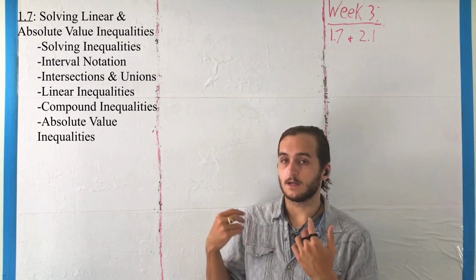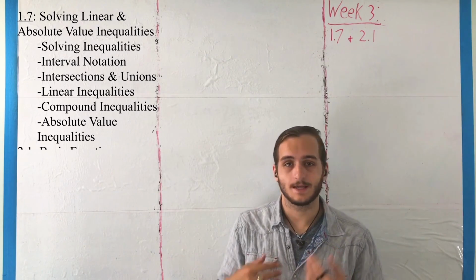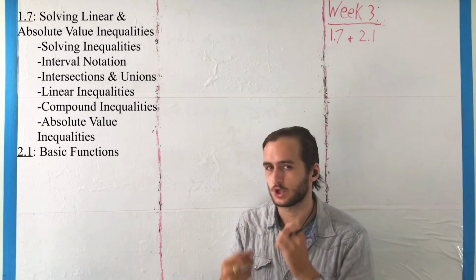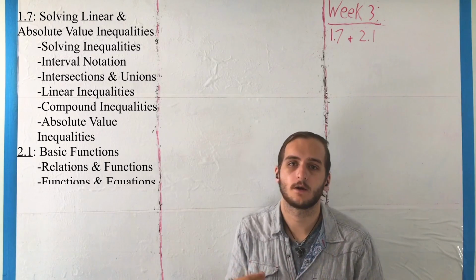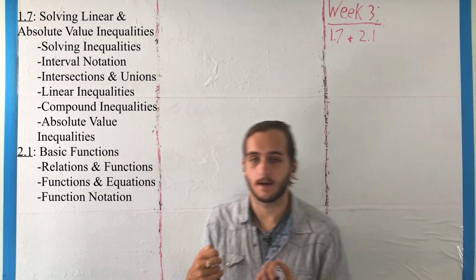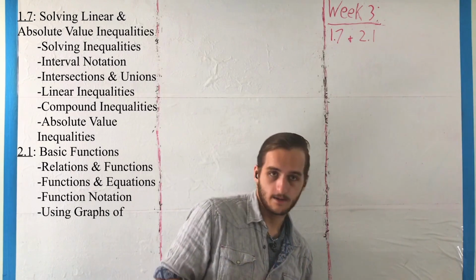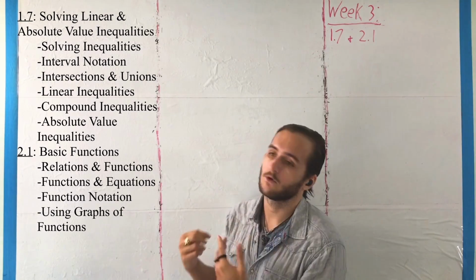And then moving on into chapter 2, we're going to be introducing the idea of a function. We're going to start out with some basic definitions for what functions and relations are, and then from there talk about some of the properties we have, graphing, and things we can look for,